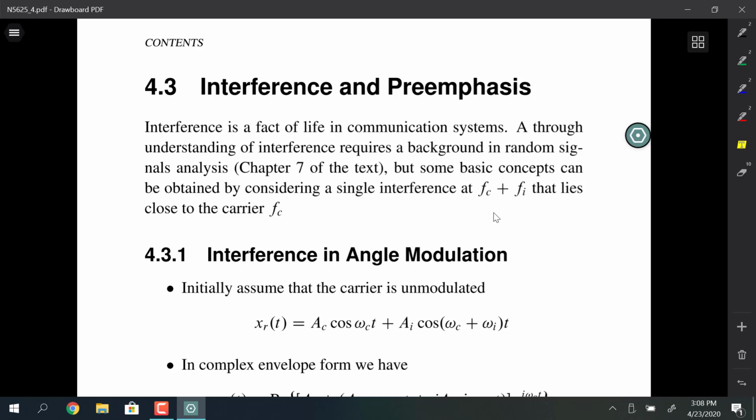So, interference and pre-emphasis. Interference is a fact of life in communications, and we also have noise present. Both of those topics are more along the lines of what we would do with random signal modeling, and that doesn't really come up in this book until chapter 7, and that's a chapter that's covered completely in Comm Systems 2, which reminds me, now that I'm mentioning that,